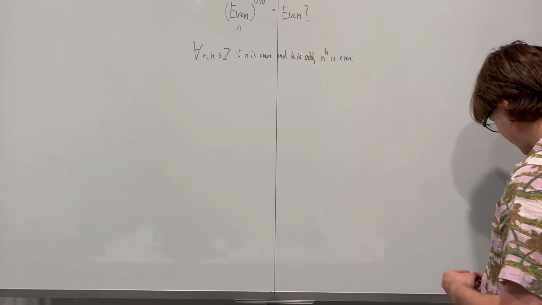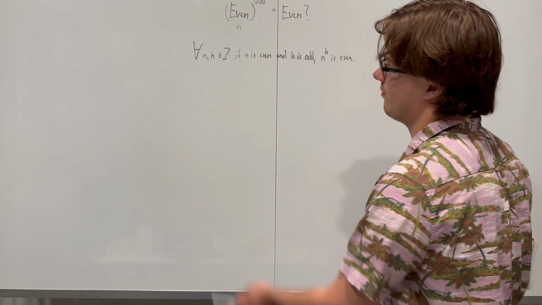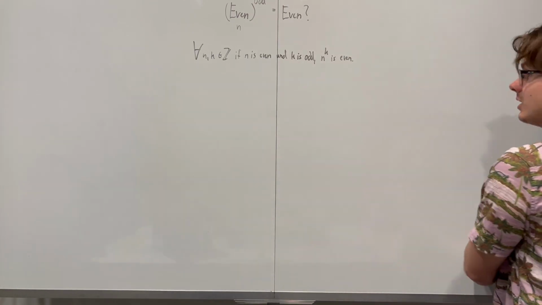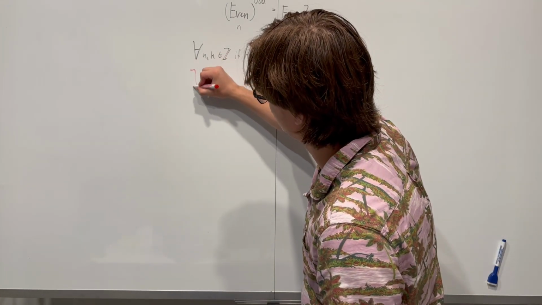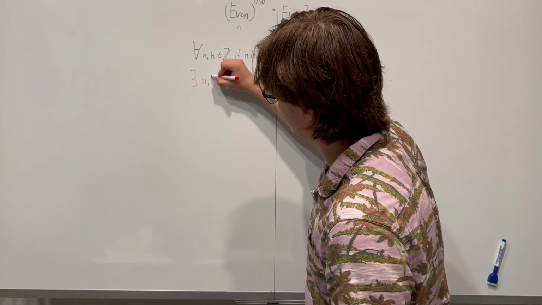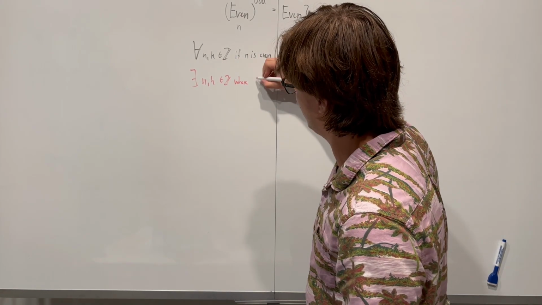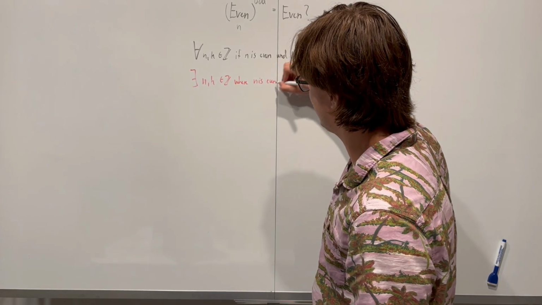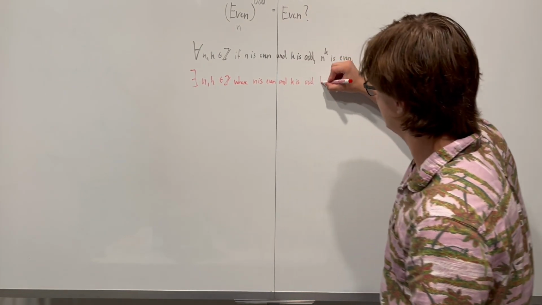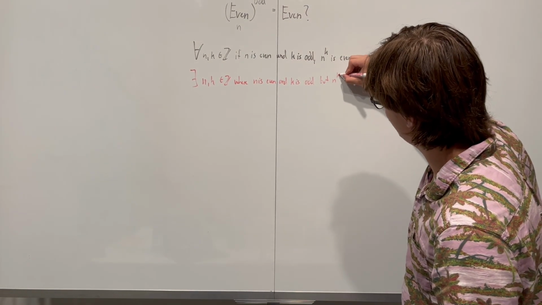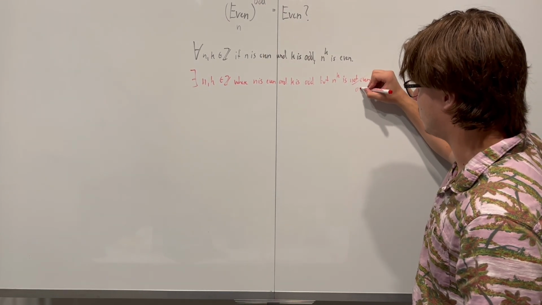Okay, so now that we've thought of an example where this isn't true, we know the statement isn't true because it's not for all n, k, we've thought of some n, k. So you write out the negation. The negation of a for all is going to be a there exists. So the negation is going to be there exist n, k that are integers where n is even and k is odd, but n to the power of k is not even / odd,